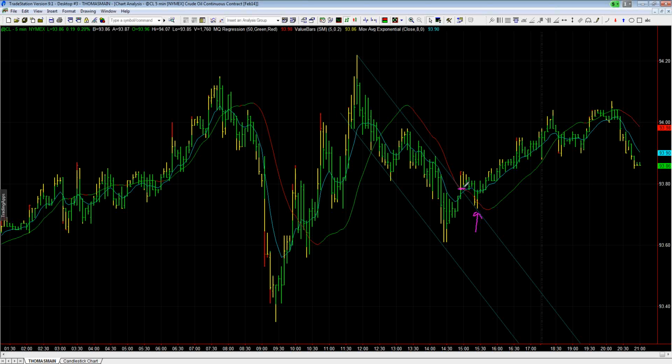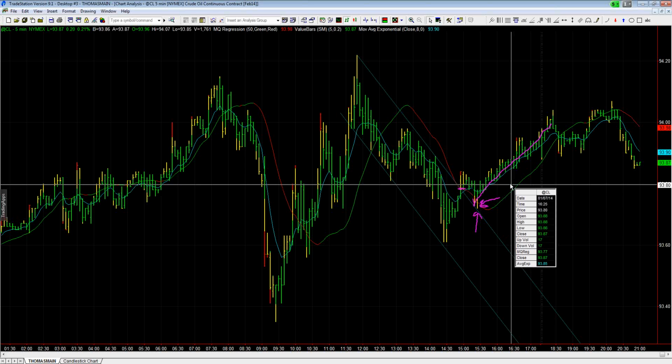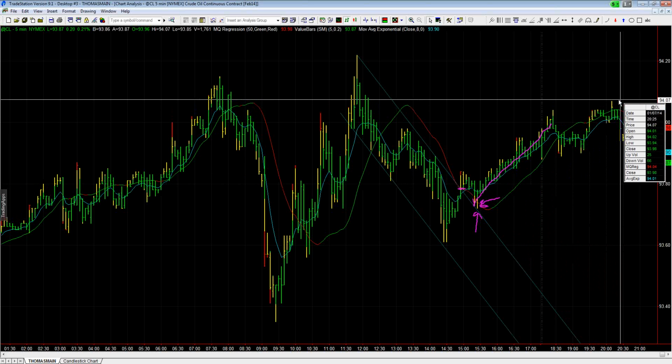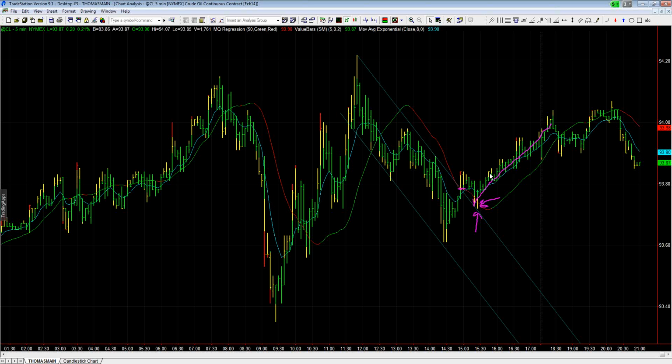So if you didn't buy on the breakout right here, you still shouldn't have been stopped out even with this retest. This would have been your second buying opportunity. The retests are oftentimes an even better opportunity because they do just this. They test it almost to the tick and then take off. This crude oil, it ended up jumping out of this channel from, let's call it 93.80. It just had a high tonight of 94.07. So not bad, talking about $270 a contract.